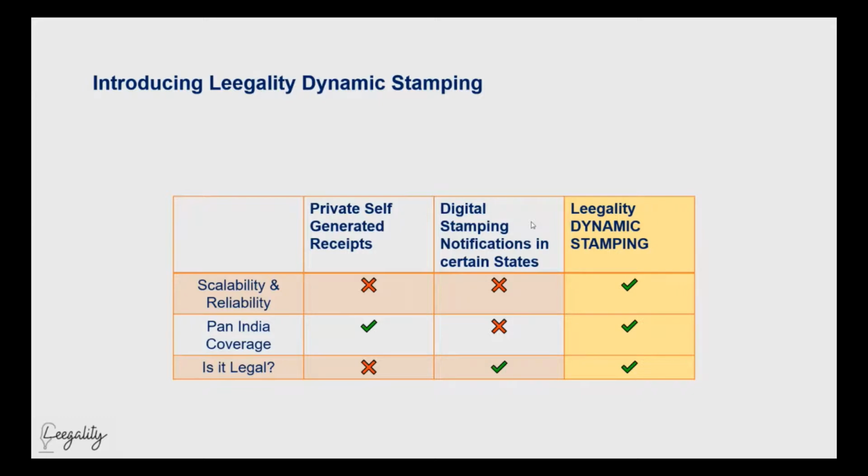Even while designing a workflow, you can select which stamp groups you want to use in a particular journey, in which case there is only one parameter that's left, which is the stamp amount. So whether it's 200 rupees, 250 rupees, 300 rupees, whatever it is from journey to journey, that's just an additional parameter in your API. So to start using dynamic stamping, you don't really have to consume a new API, and you don't have to invest your technical resources in integrating with any fresh API.